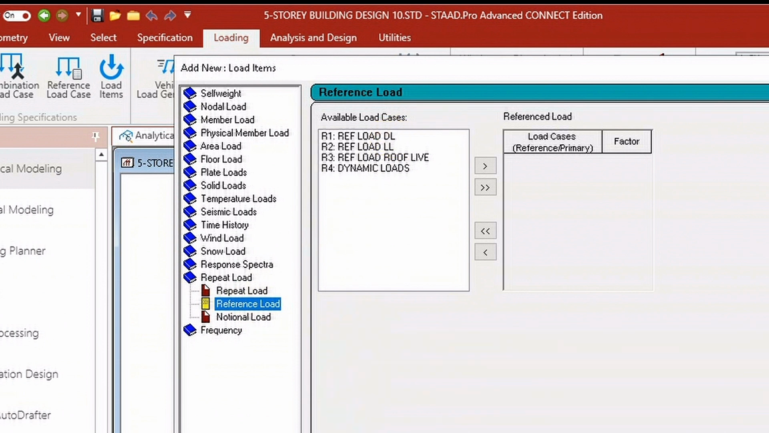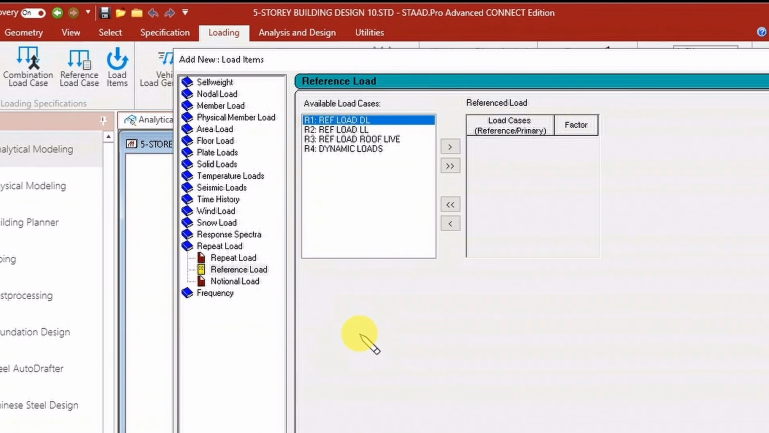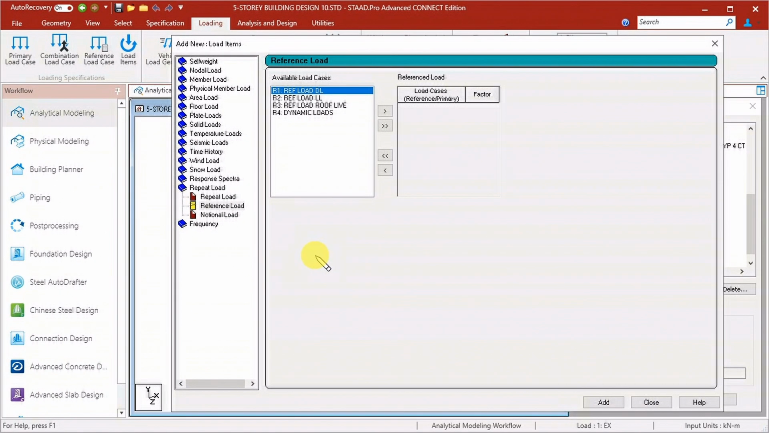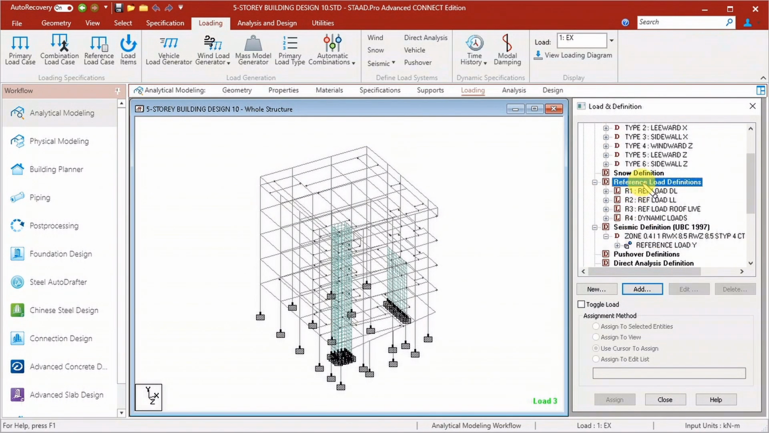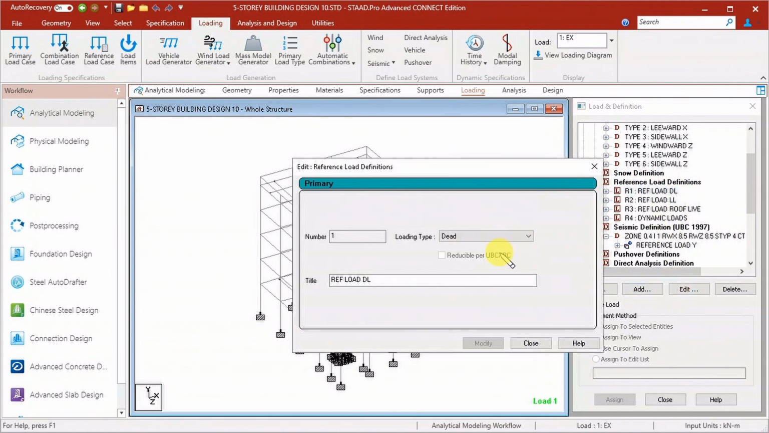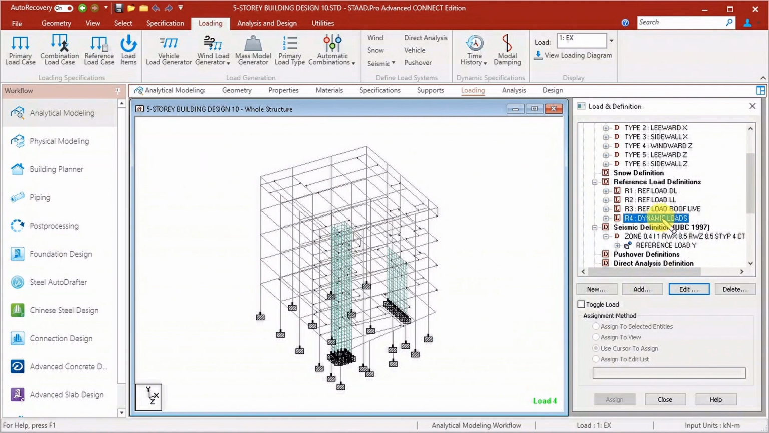We chose reference load DL here. For live load, select live load. The procedure is the same for the rest of the loads. Going back to the reference load definition above, one thing we take into consideration is the loading type. For dead load intended for seismic definition, the loading type is dead. For live load, live. For roof live load, roof live. And for dynamic loads it is